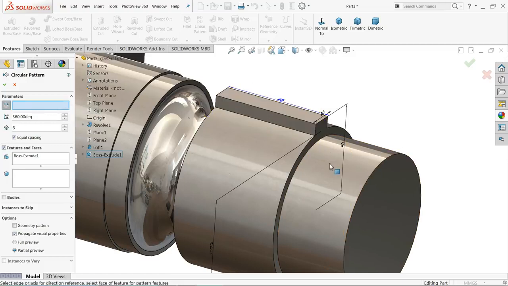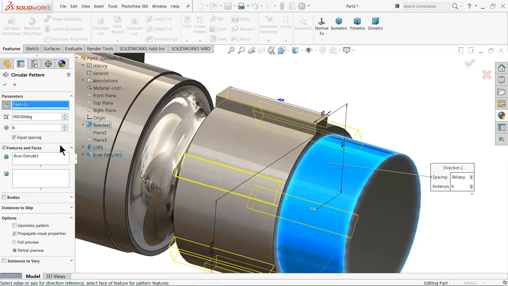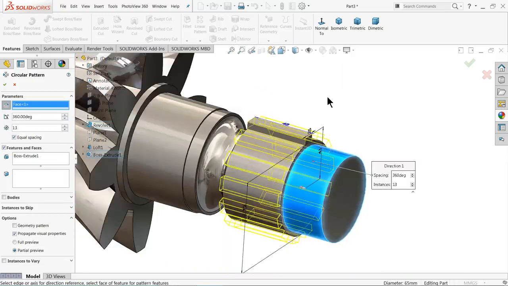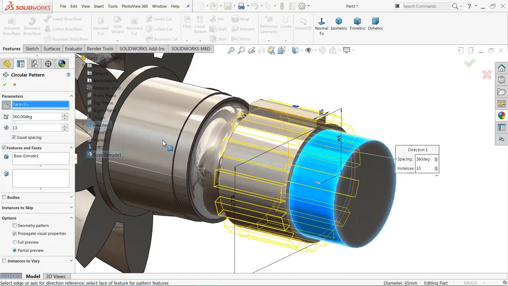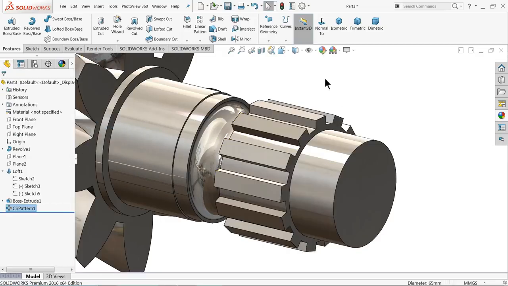Clear. Choose any circular face, and let's make 13 or 14 number of patterns like this. You can see the preview, 360 degree equal spacing. Okay, now see.